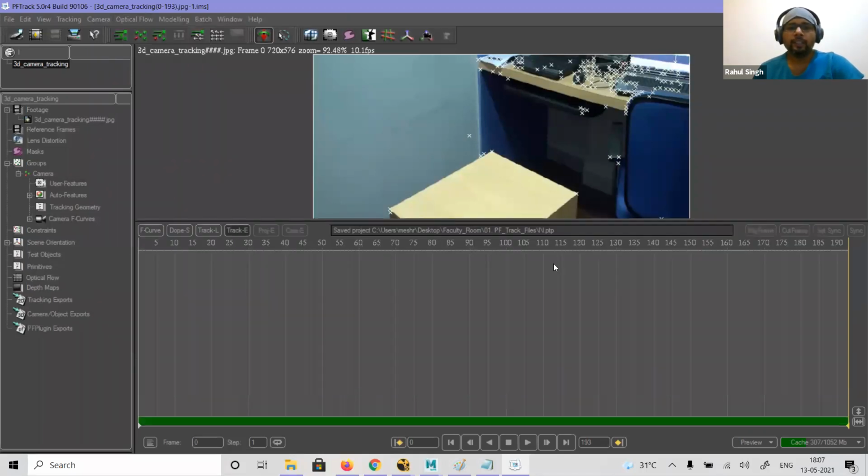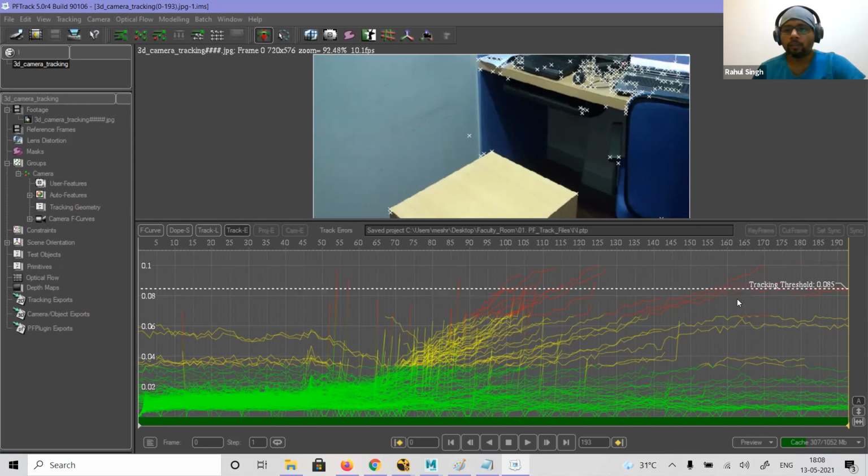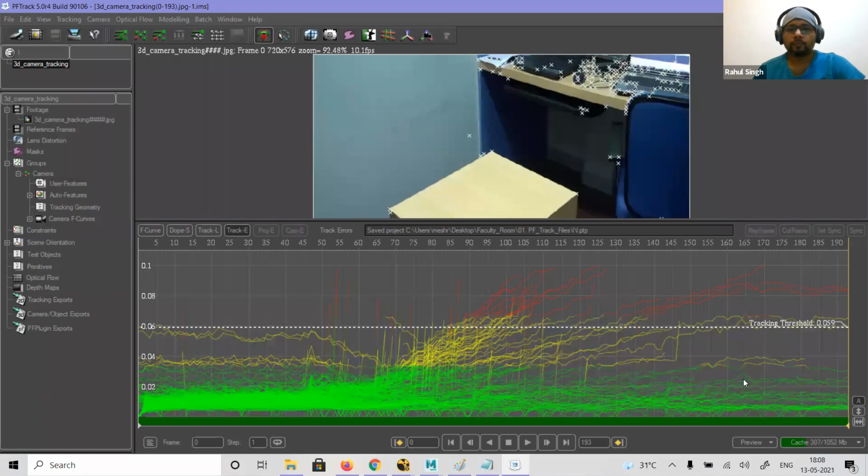Now, yesterday we did the tracky, right? It will show you the error, right? So the more the error, we don't have to remove any of the green. Some yellow is required, but no red should be required. So we have to remove until you have removed all the reds. That's it. Okay, so this is fine, something around 0.6 or so. Then you have a track L.